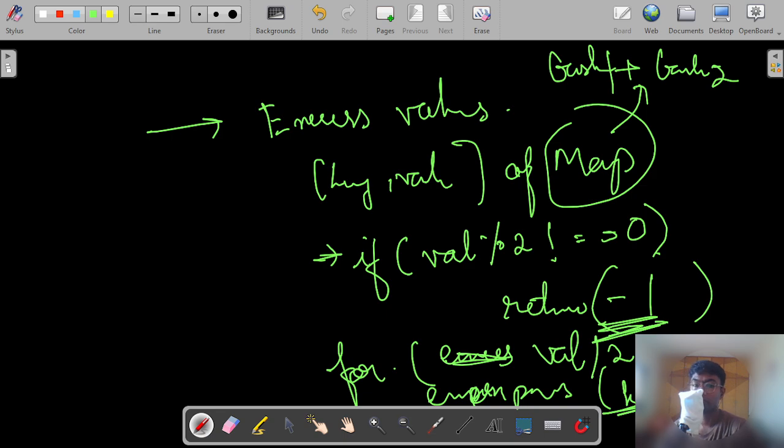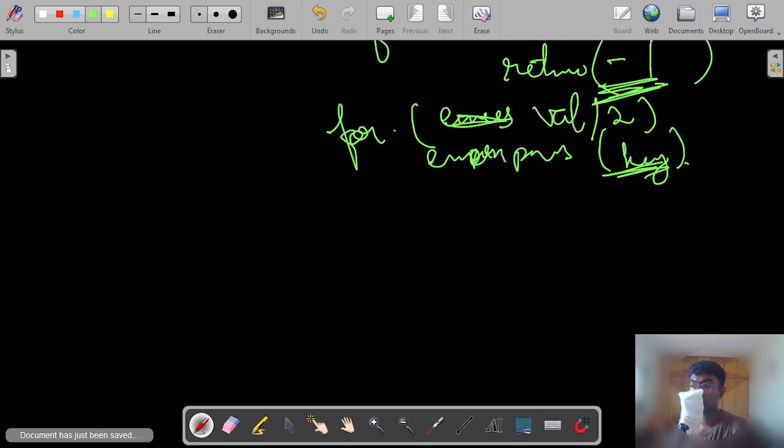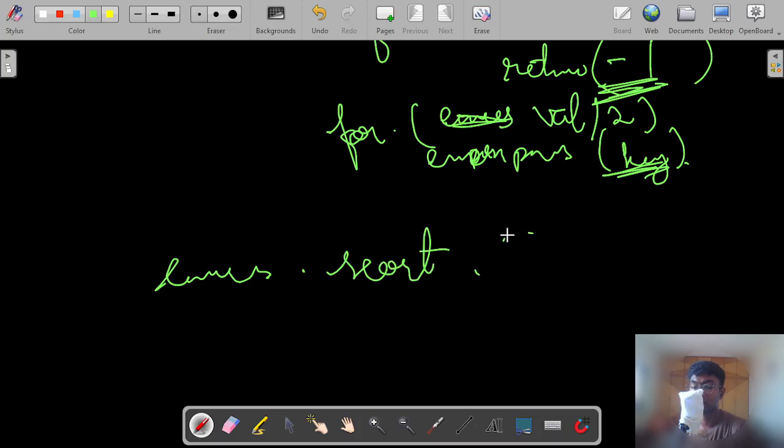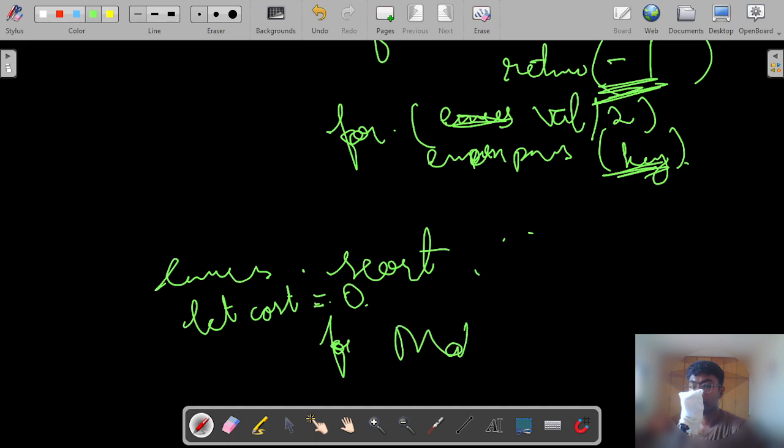And finally, once we have the excess values sorted, then it's time for us to distribute these values. So we can simply sort this excess array, which contains all the values that can be shared between the two baskets just to make them equal. So we can distribute it this way, and the main goal is to find the cost. Cost is nothing but math.min of